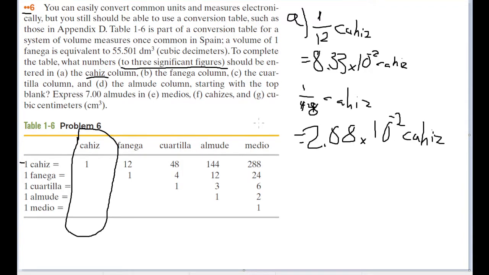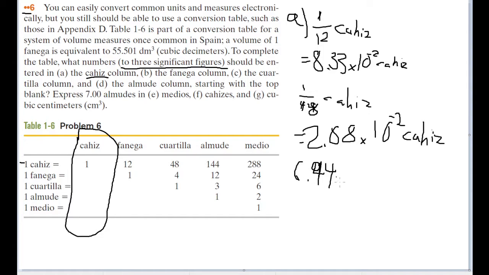And in fact, for that reason, I actually won't bother showing off all the work for the next two little bits here, because really it just becomes busy work at that point. It's just the same couple of things, because one almude is going to be, well, 144 almudes in a cahiz, so just flip that. 288 medios in a cahiz, so just flip that. So once again, going from top to bottom in this column, the next two answers we get in order are going to be